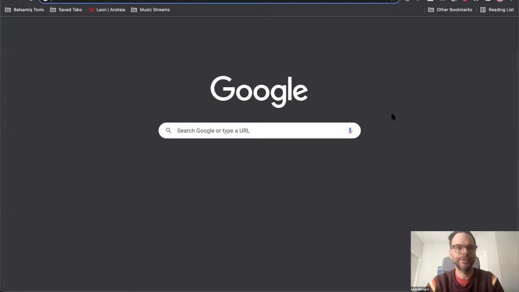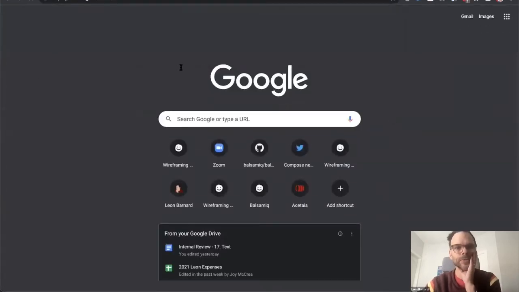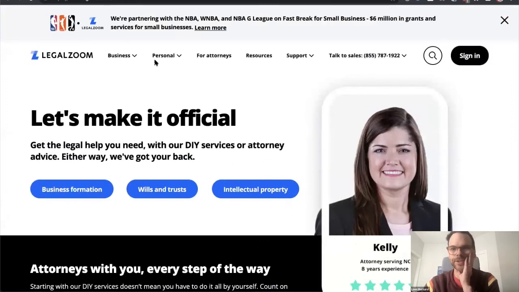One thing I always like to do is look at other websites, other examples that have something similar. This is something I used recently because I had to create some documents. This is a site that helps you create legal documents. I think it's not exactly the same, but it is like all this legal stuff.